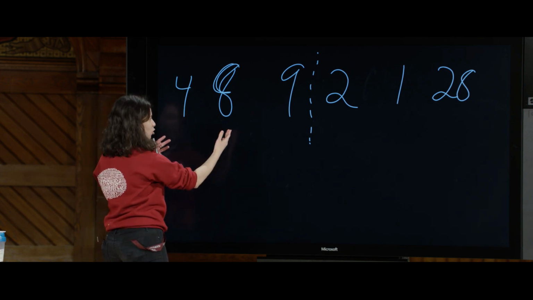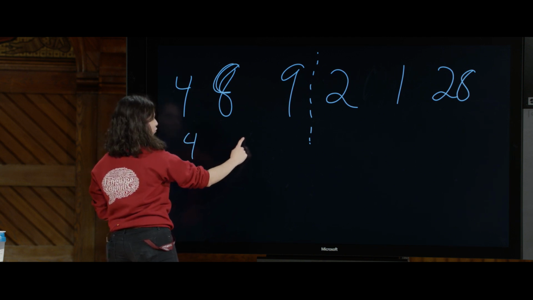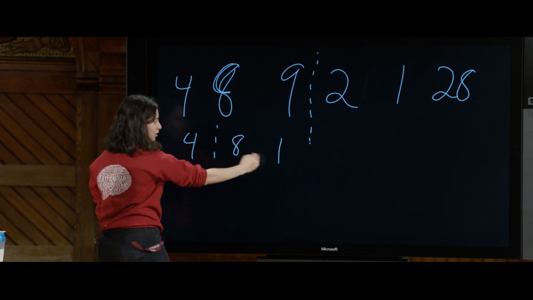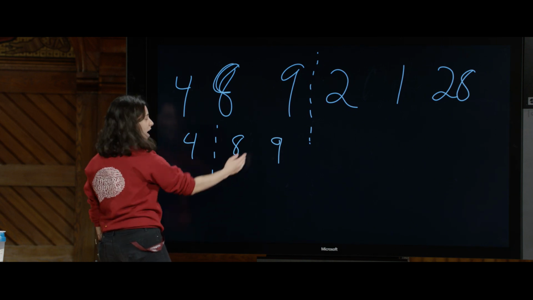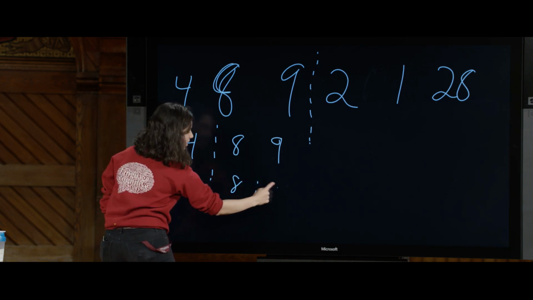Admittedly, this doesn't split super nicely, but if we split, we might end up having, okay, there's 4, and then 8 and 1, right? And here's this new split. 9. Oh, this was an 8, this was a 9. That was a 9. And then if we split this one again, you can imagine that we have now this 8 and this